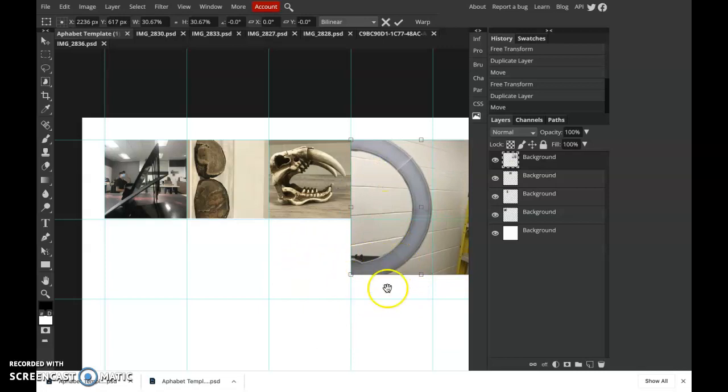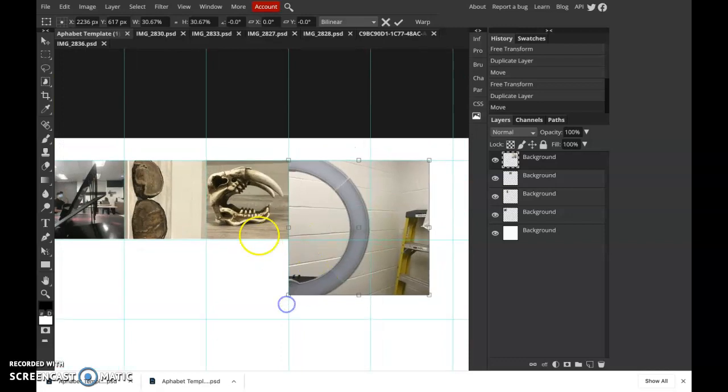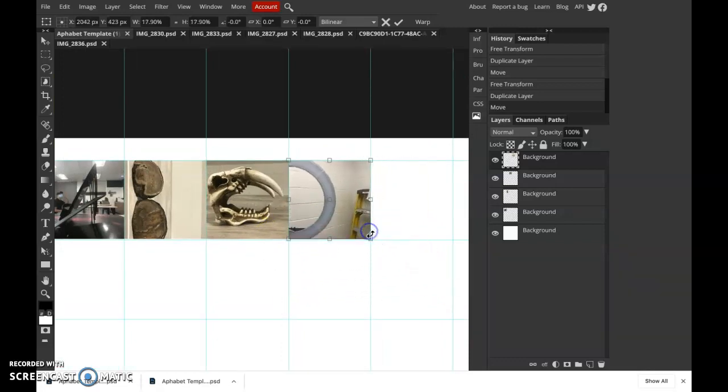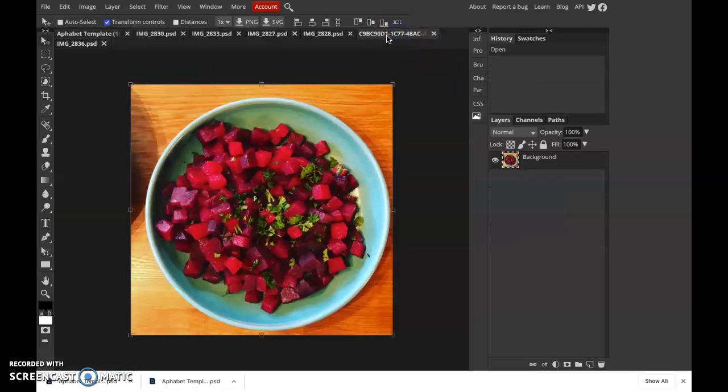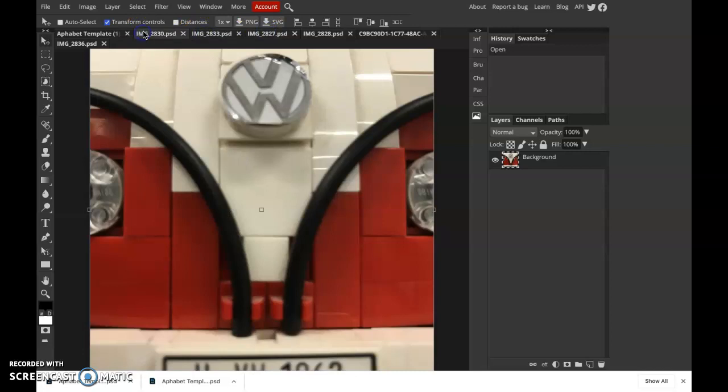As I resize here, remember that spacebar allows you to move around. Hold down spacebar and click and drag to move around your canvas. We got a couple of shots here where we might actually have a little bit of extra information on the side, which is a perfect opportunity to show you a little bit about how you might choose to modify these